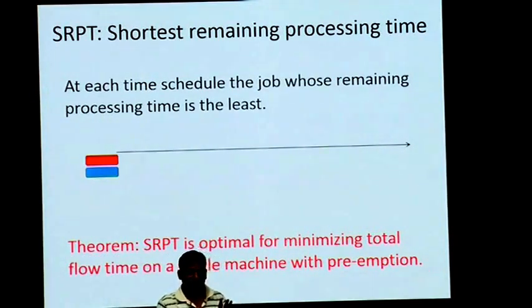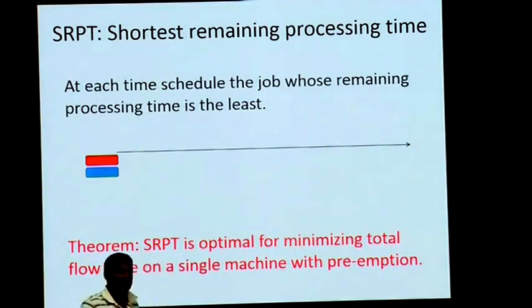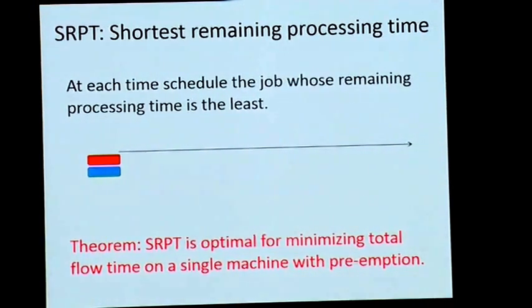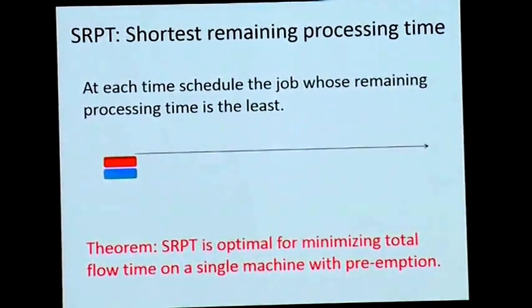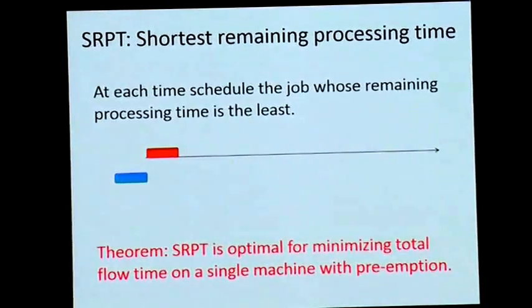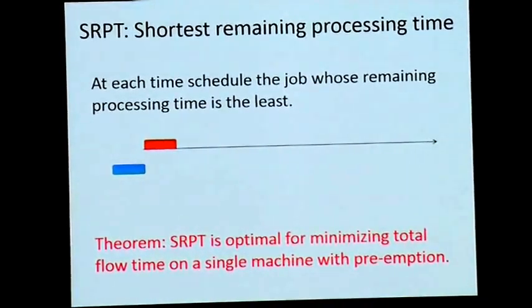And the best policy, as almost all of our students in computer science would know by now, is what's called SRPT, which stands for shortest remaining processing time first, which is what I just described to you, right? At each time, schedule that job whose remaining processing time is as small as possible. Okay? So let's do this with an example.